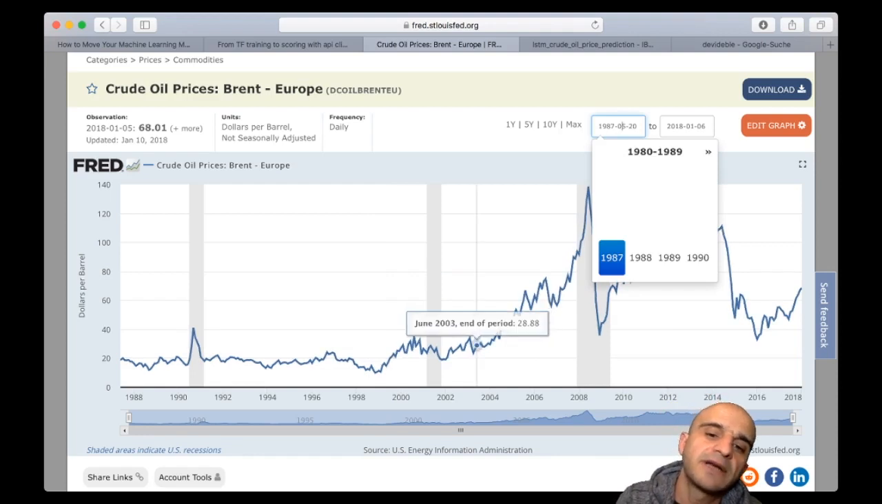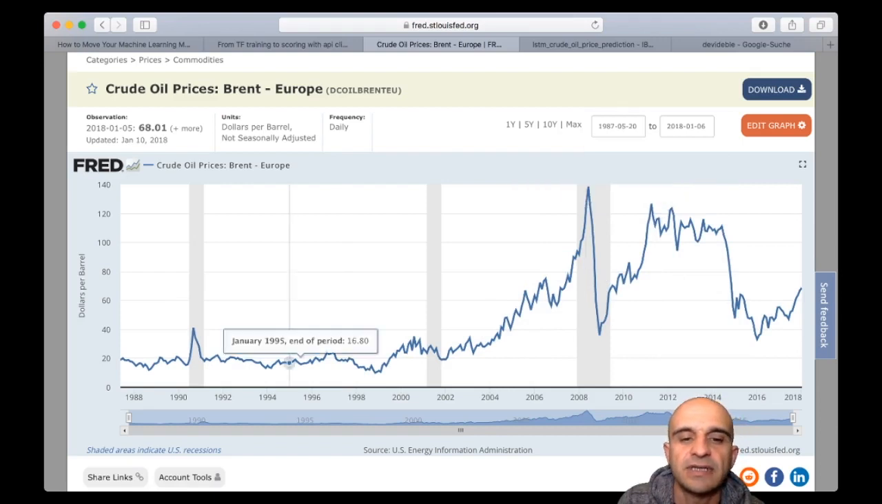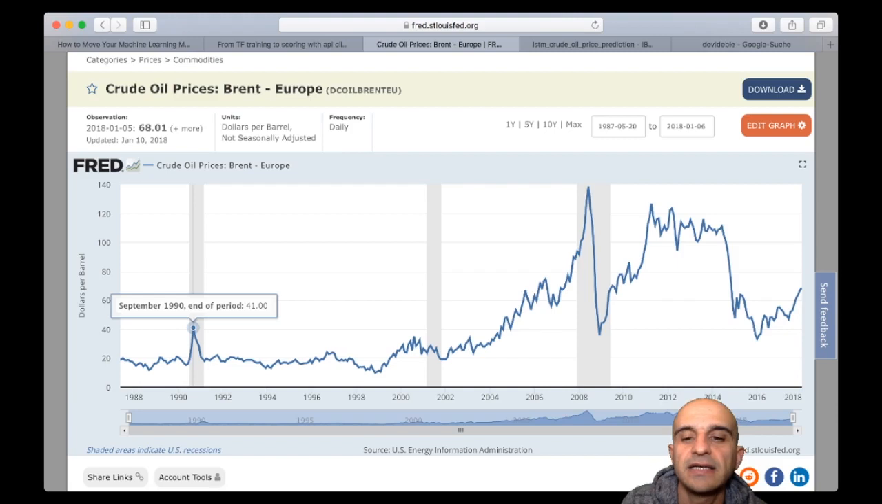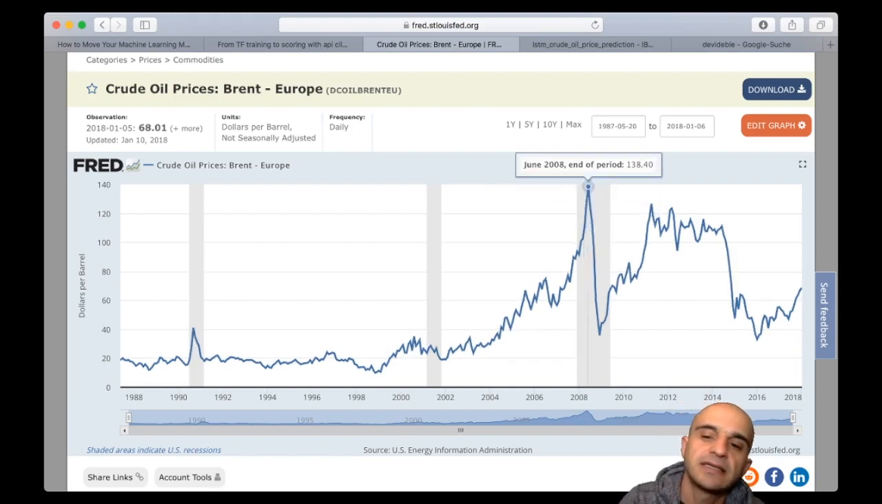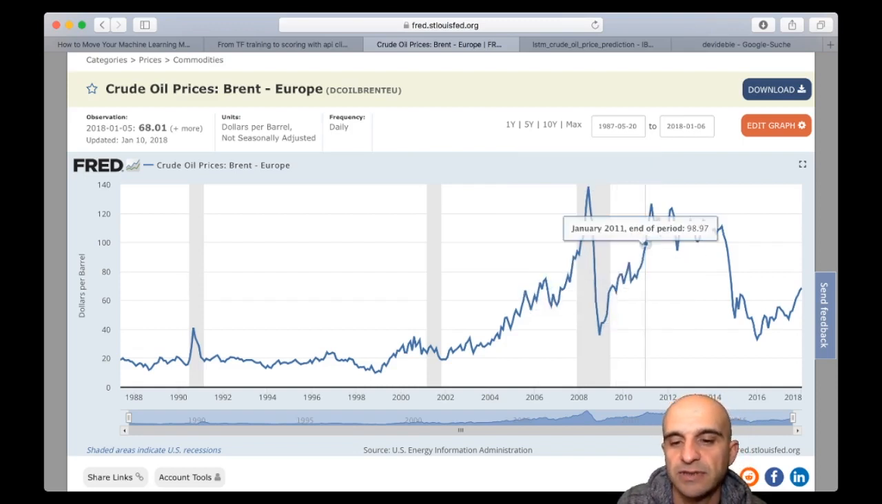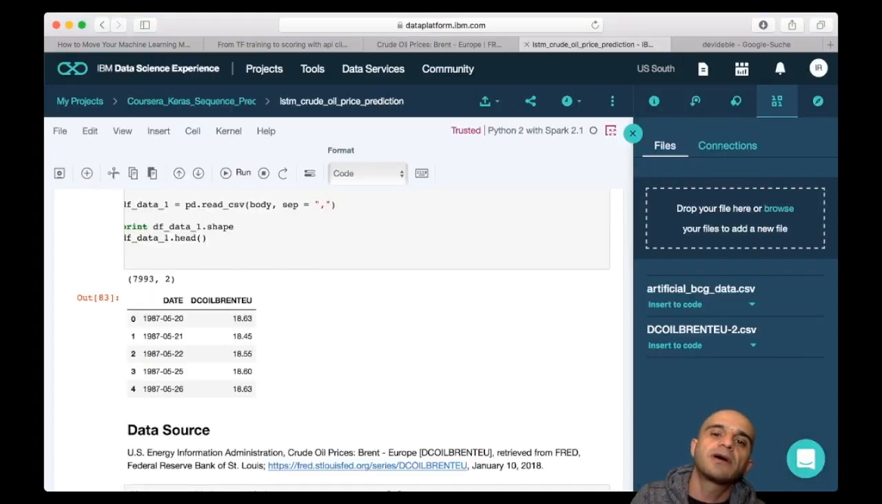We can have a first look at this data. We see that it has several peaks. One was in September 1990, and the biggest one in June 2008, then it went down, then it went up, and so on and so on. So this data we can download by clicking on this button, and then we can import it into our development